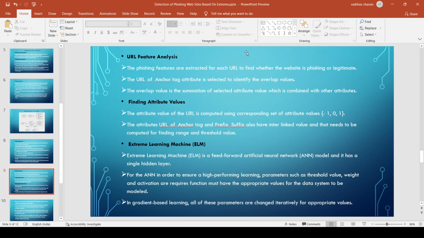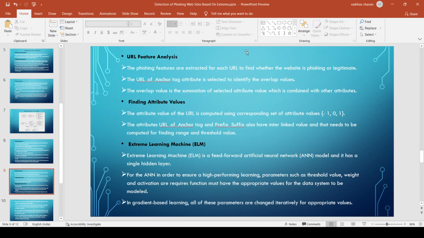Extreme learning machine, ELM. Extreme learning machine ELM is a feed forward artificial neural network, ANN, model, and it has a single hidden layer for the ANN in order to ensure high performance learning.